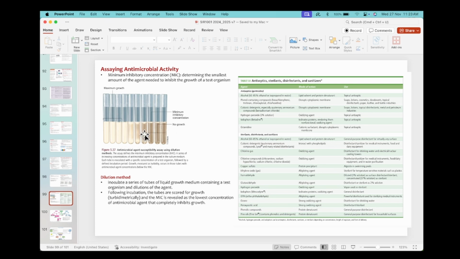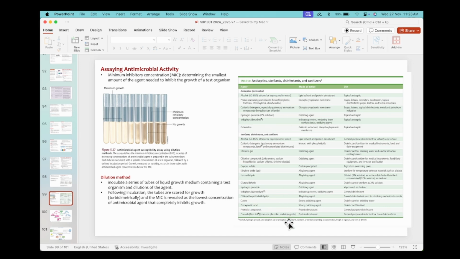The tube with the lowest concentration of antimicrobial agent that doesn't have any growth is the MIC, minimum inhibitory concentration. So this table shows the types of common antiseptics, sterilants, disinfectants, and sanitizers used in the